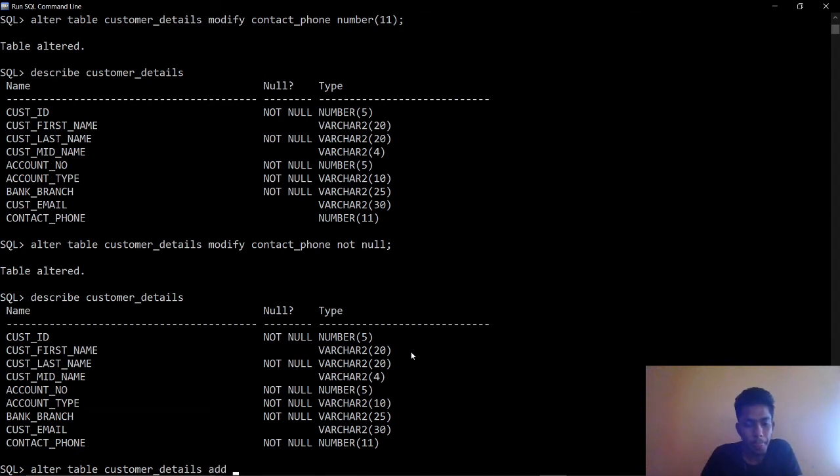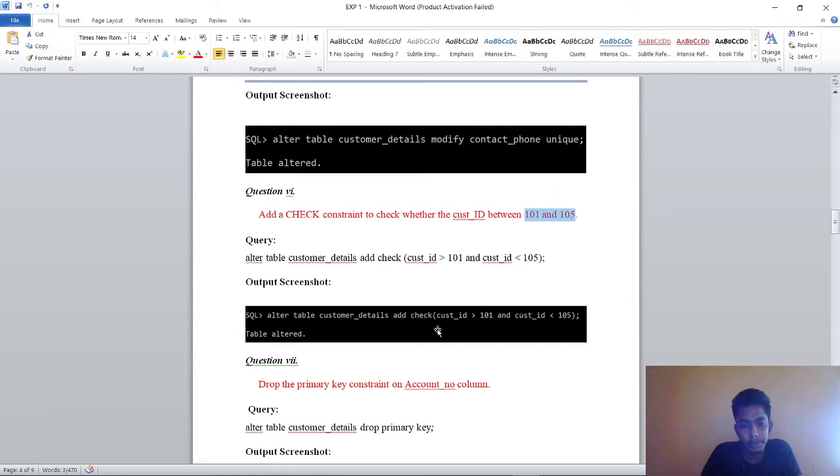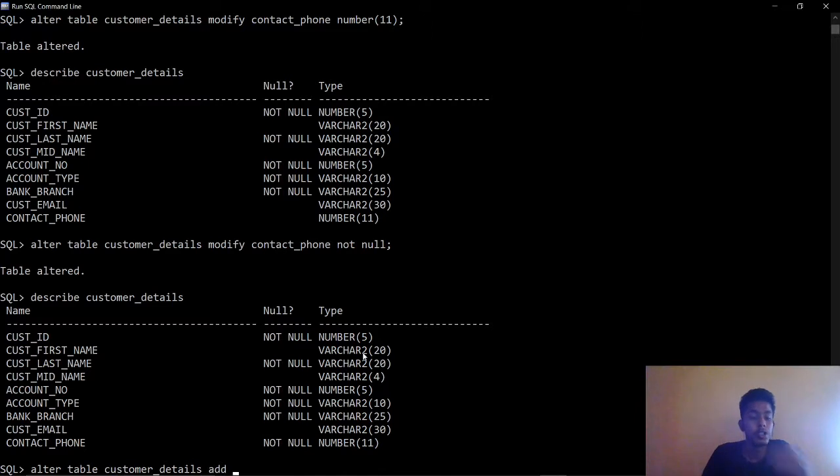Here I have used add check, that is check customer ID is 101 and 105. That means I am going to add a check constraint, saying customer ID is less than 101, and AND is a command used to combine two statements.